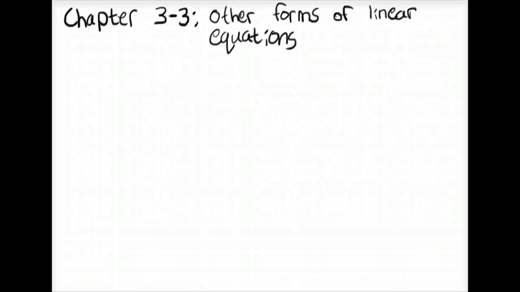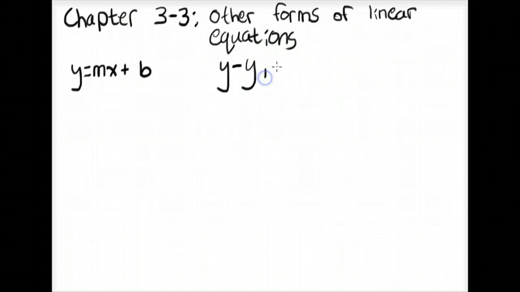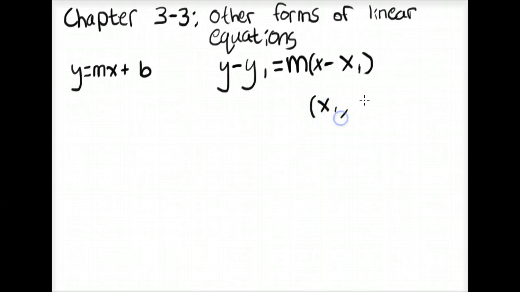So now we're going to look at other forms of linear equations in Chapter 3, Section 3. In the previous section, we looked at the form of the linear equation y equals mx plus b. Now we're going to look at a different form, which we call y minus y1 equals m times x minus x1,